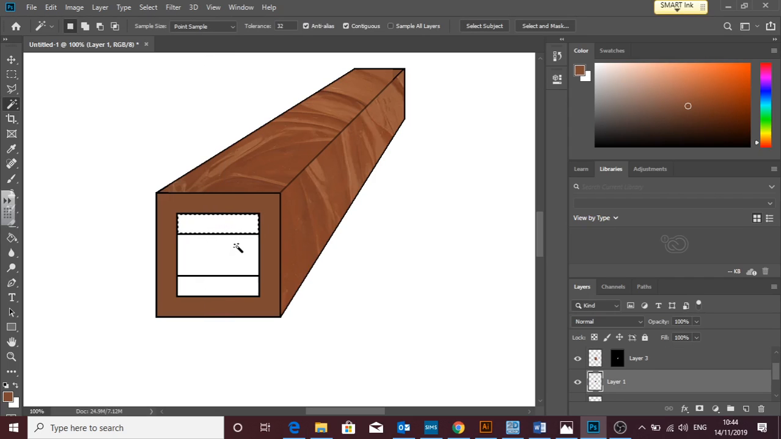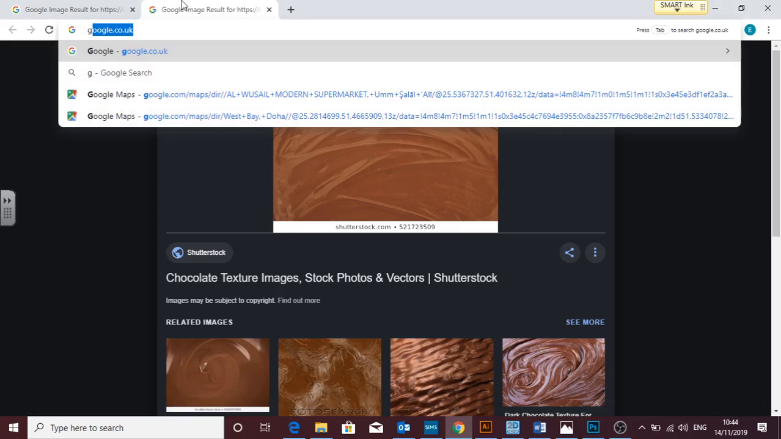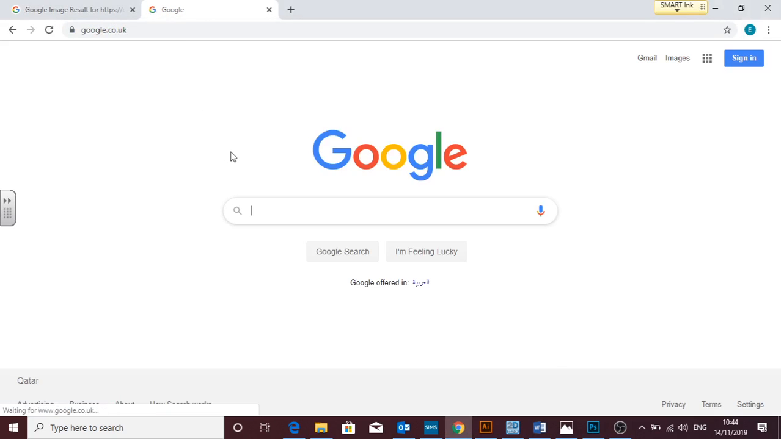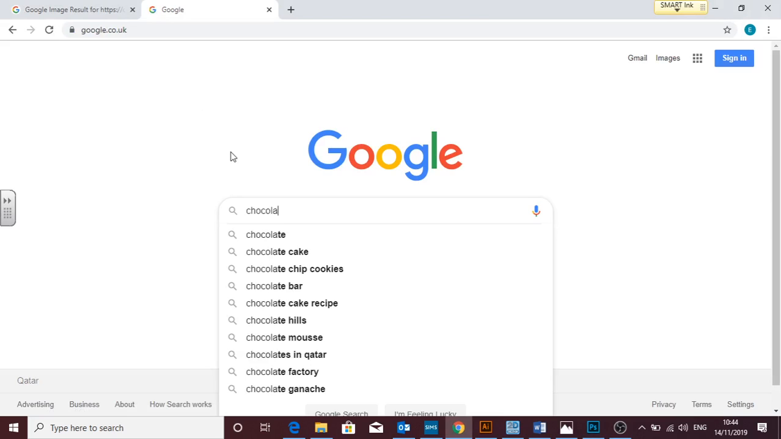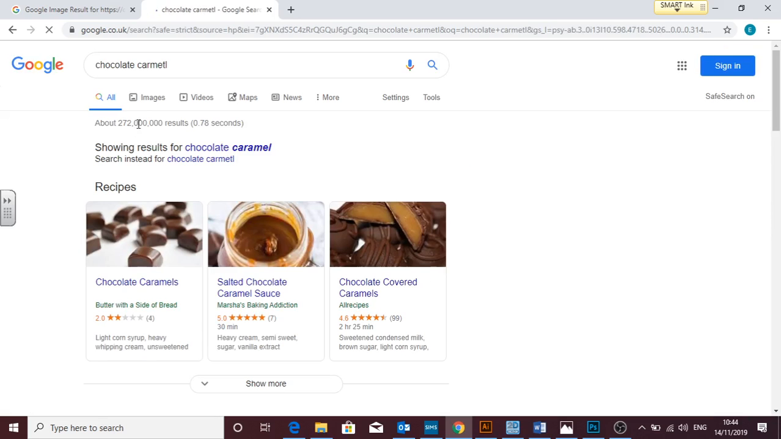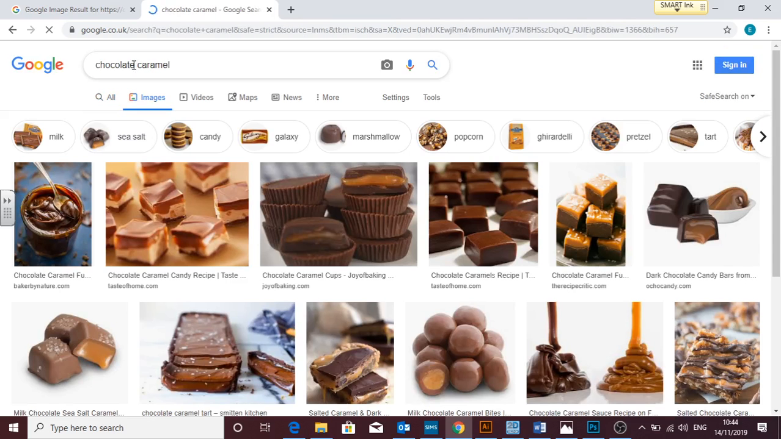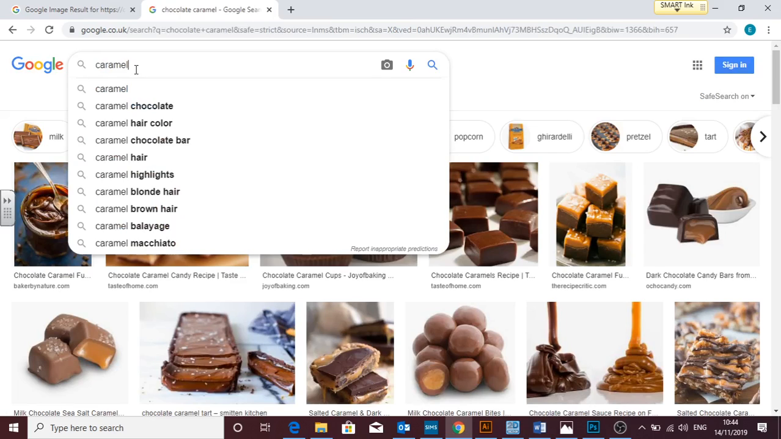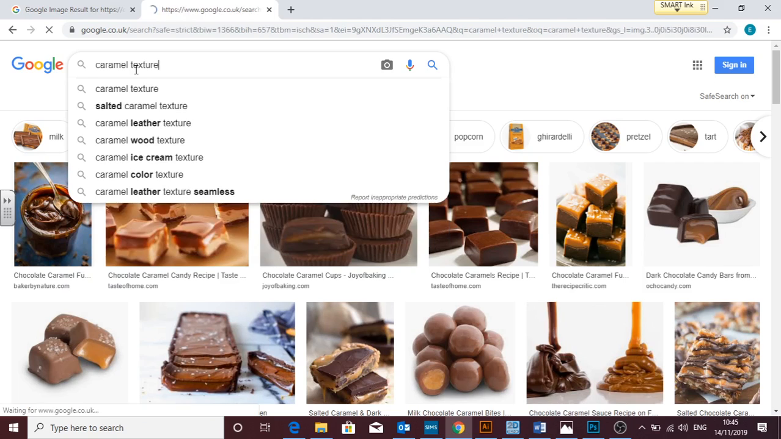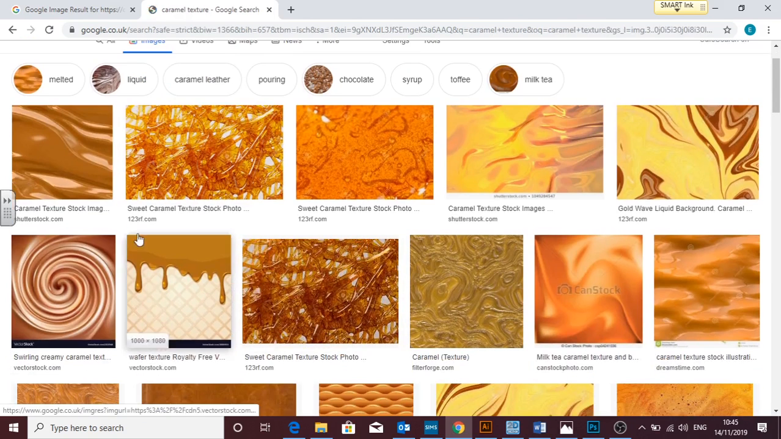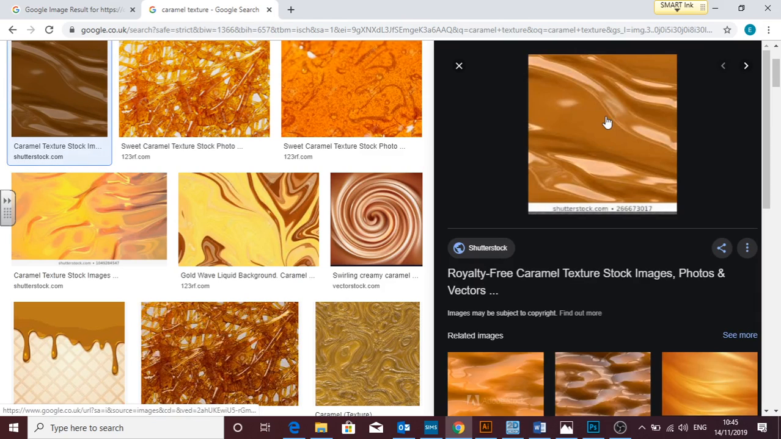At the same time you can also change the color of this if you wanted to add caramel. So if I click on chocolate caramel or caramel texture, right, so if I get a caramel texture, this one for example,